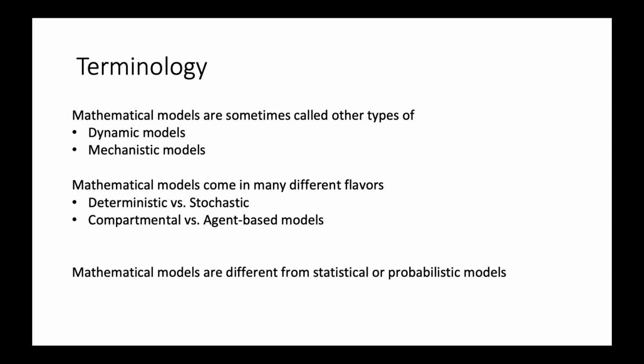Further, there are other terms, and then you'll maybe get an idea of them, so you won't be intimidated when you see these terms later on. Mathematical models are also a bit different from statistical or probabilistic models, which some of you might be more familiar with. Those statistical and probabilistic models often assume that observations that you're fitting a model to are independent of one another, whereas mathematical models